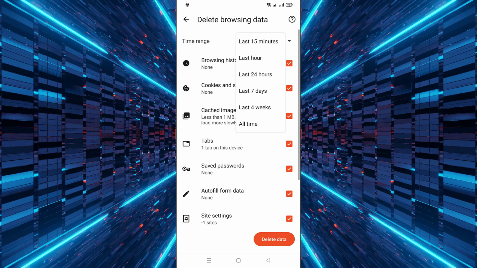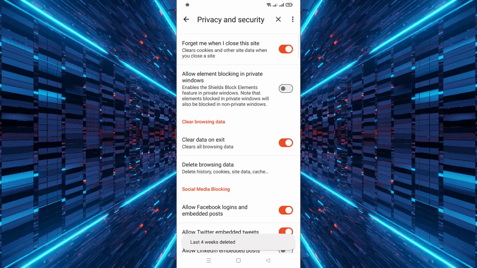You can pick from the last 15 minutes, last hour, last 24 hours, last 7 days, last 4 weeks, or all time. Finally, tap on Delete Data to remove your browsing information. The browser will then clear the selected data based on your